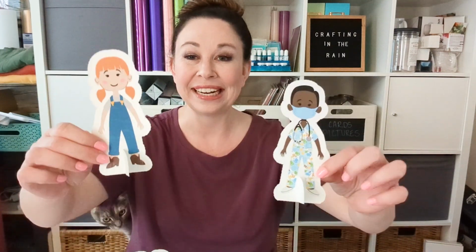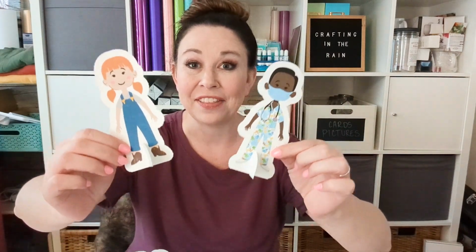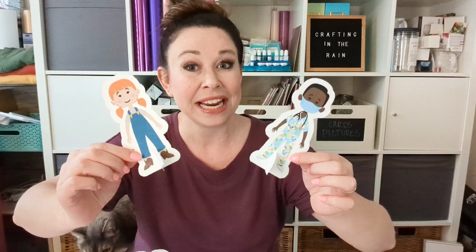Hey friends, okay, I've got another video today about the perforation blade, and I've been planning this one for a while, so I'm really excited to share it with you. I have made little print then cut paper dolls, and they're all outline cut with the perforation blade, so